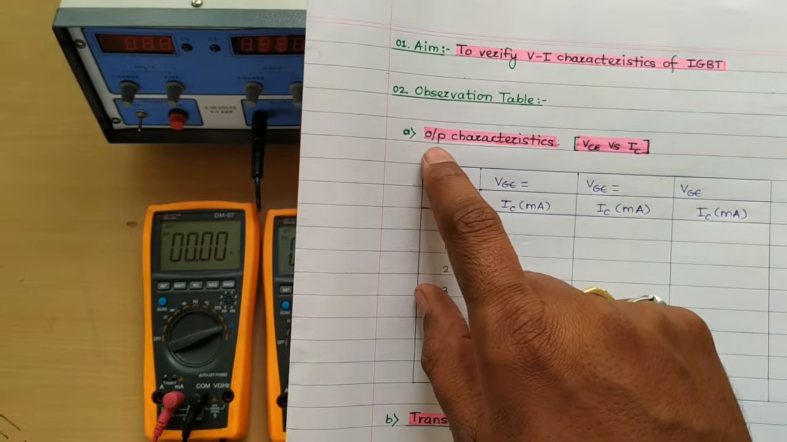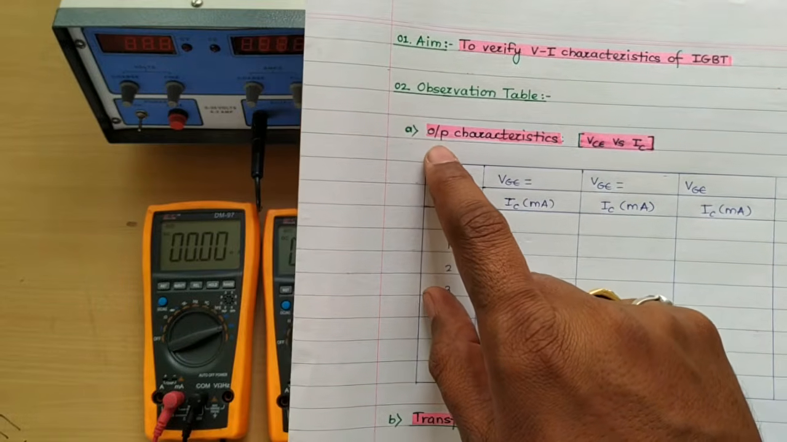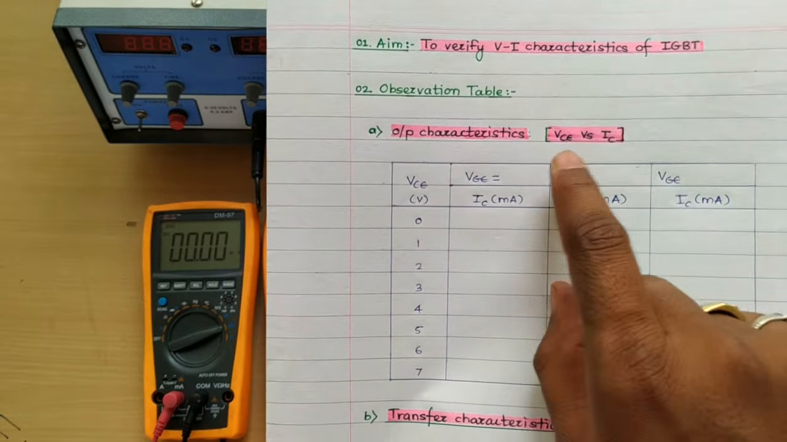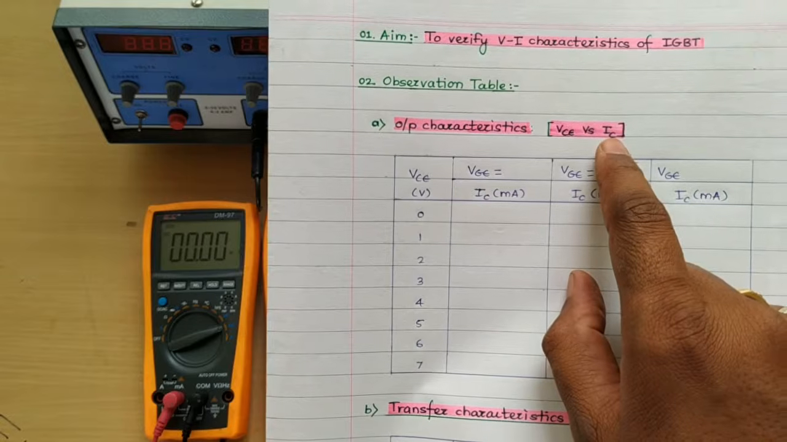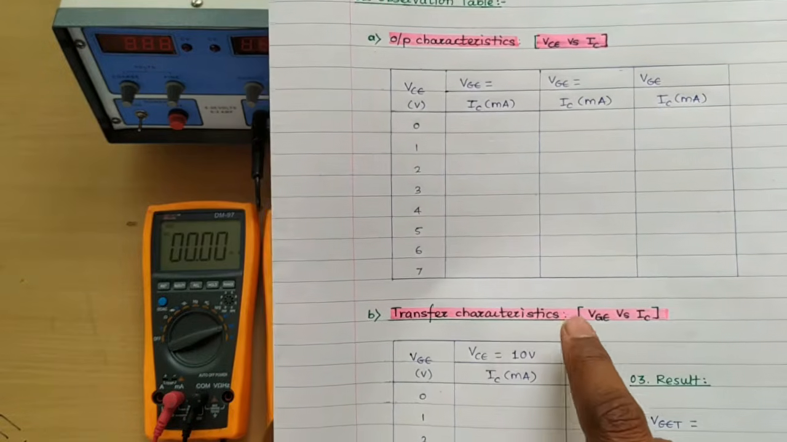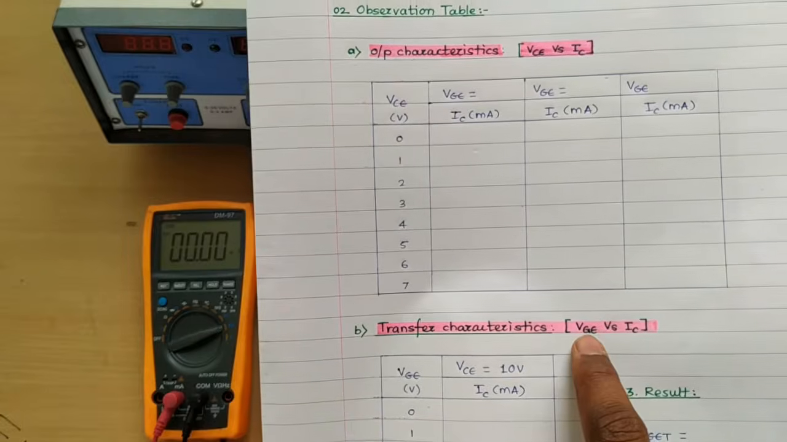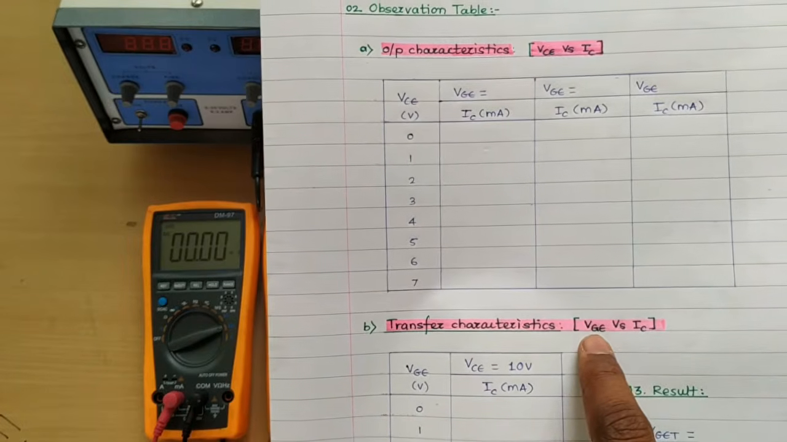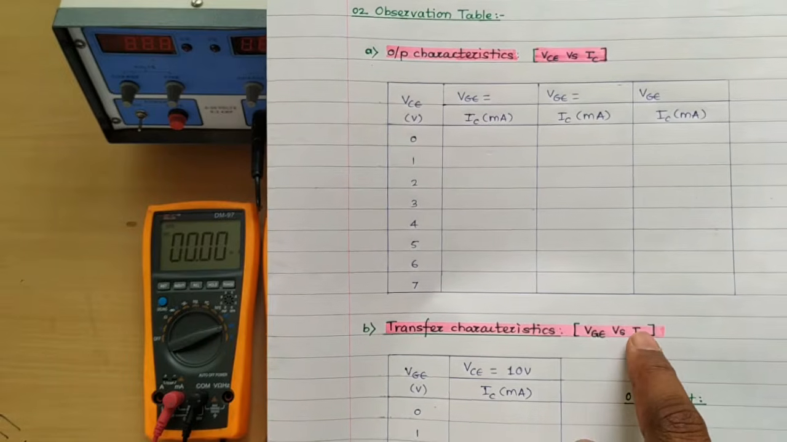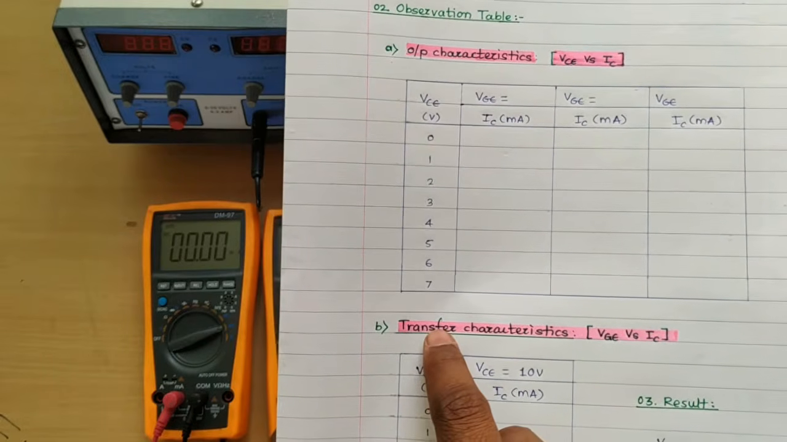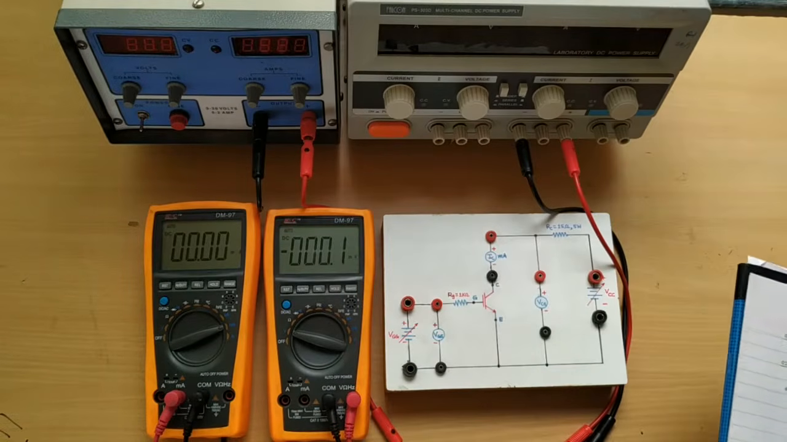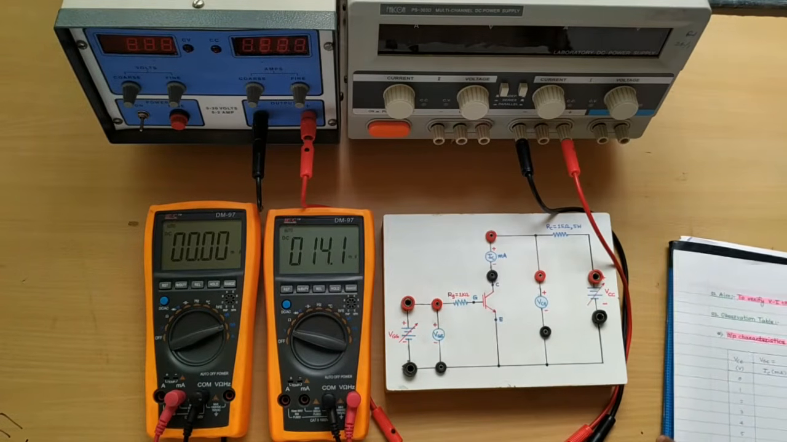Now as the name indicates, if you are plotting the graph between two output quantities, VCE versus IC, output voltage versus output current, that graph is called output characteristics. And if you are taking one input quantity, VGE, gate to emitter voltage, and IC, an output quantity, one input and one output quantity, then it is called transfer characteristics. So in this experiment we will try to plot these two characteristics and we will try to verify the operation